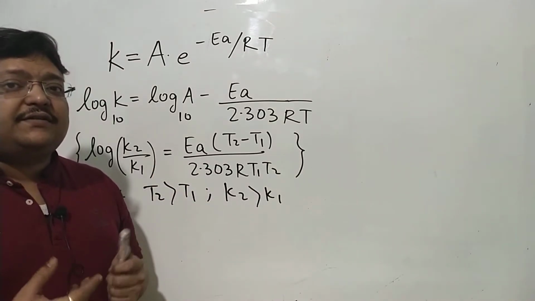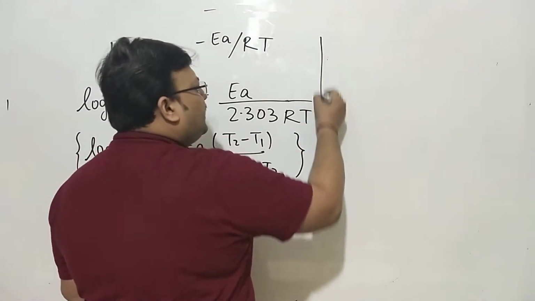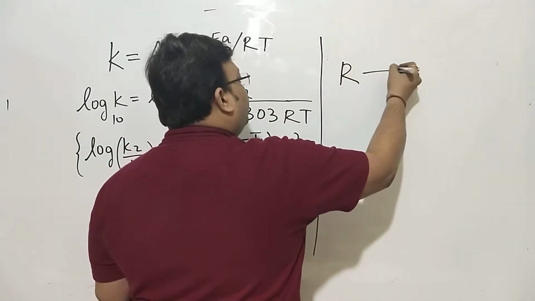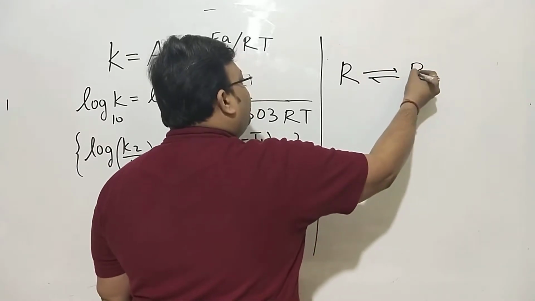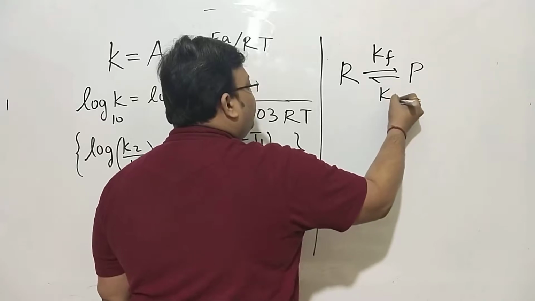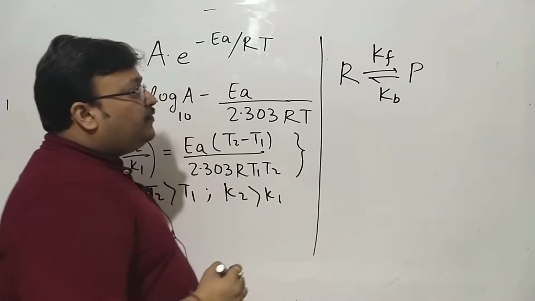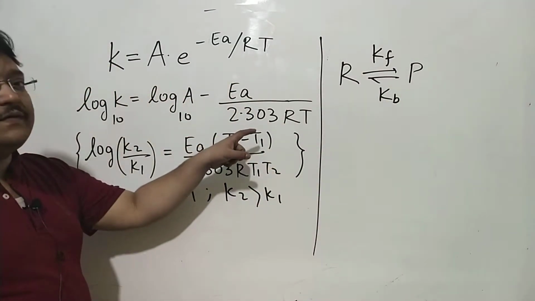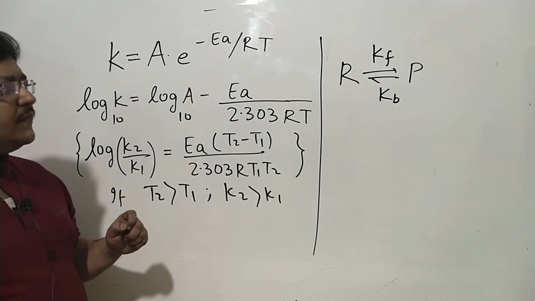And now because I know reactions are reversible, reactants become product and product become reactants. For reactant becoming product, if the rate constant was some Kf, for the backward reaction the rate constant is Kb. And now we want to see how temperature affects Kf as well as Kb. The energy profile